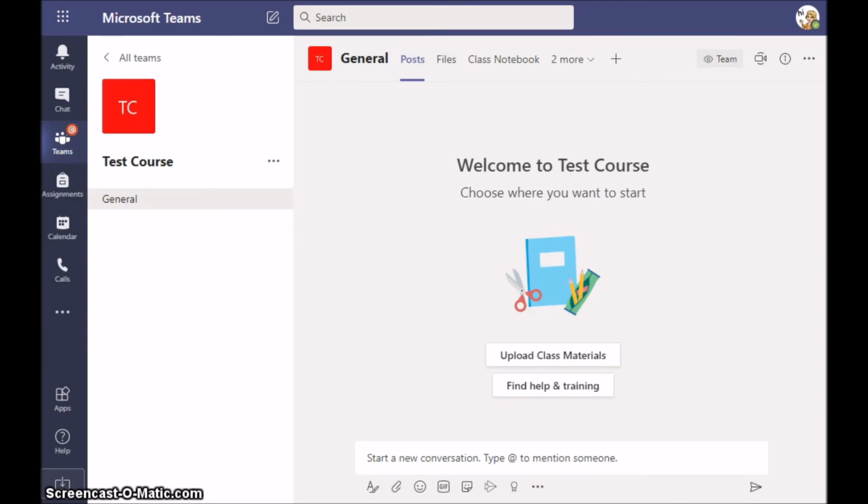All right, so once you are in, this is what your basic course will look like. Here on the left-hand side, you have one set of navigation tools, and these are known as channels. Channels are places where you can group the assignments and group the work all together. A lot of people choose to group their work by standards, by units, things like that. You have to add the channels in yourself because Microsoft doesn't know what it is you're doing or